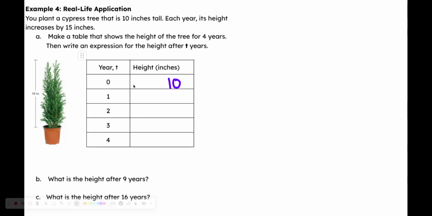So the very first year that I have it, year 0, it's 10 inches tall. After 1 year, it's going to be 10 inches plus 15 inches because it grew 1 year. Year 2, it's going to be 10 inches